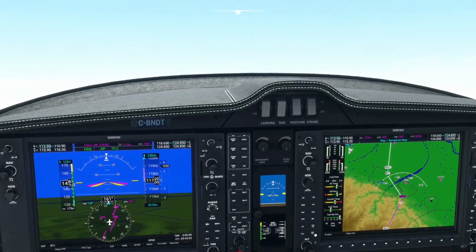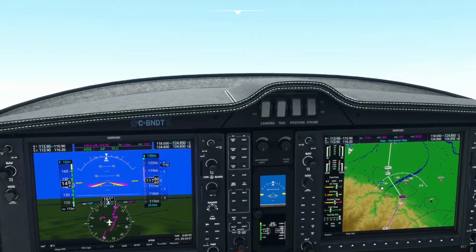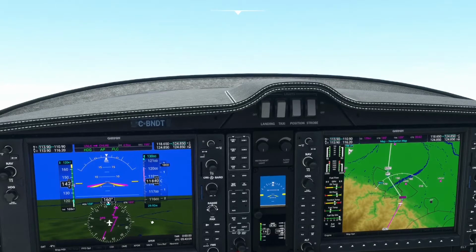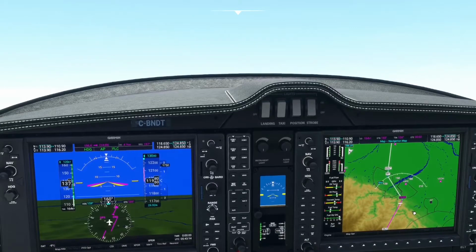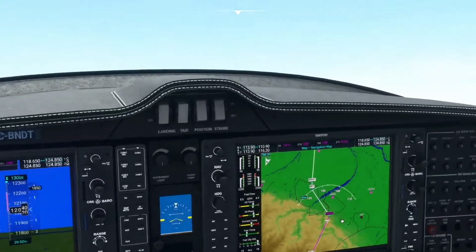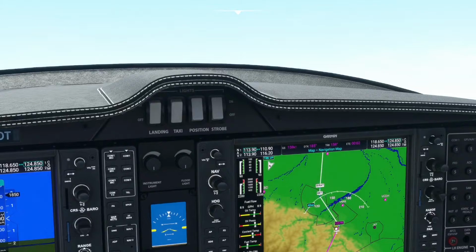Do it at about 120. And we'll keep our power set at 90, that's fine. So we're going to climb up to 13,000 feet. We're on that heading. So now, with this airway, we want to intercept this airway here, but it's still